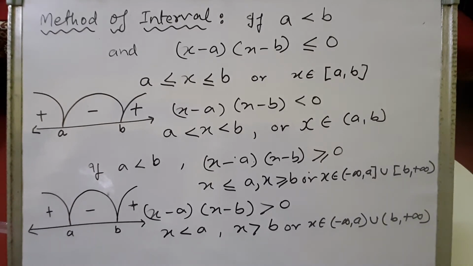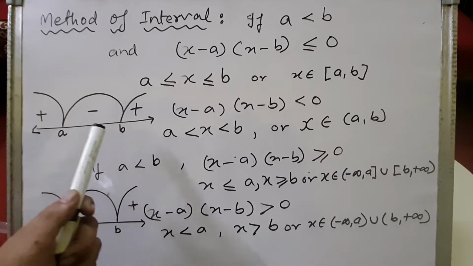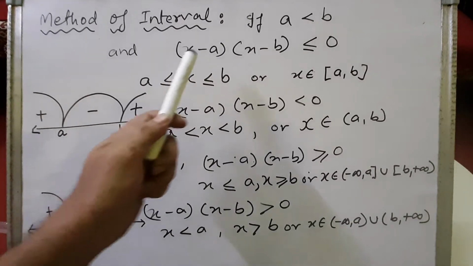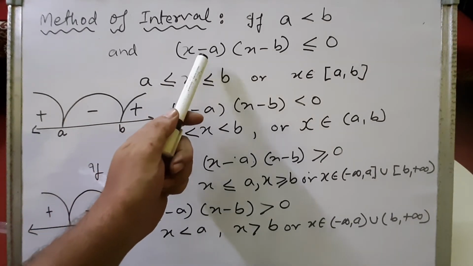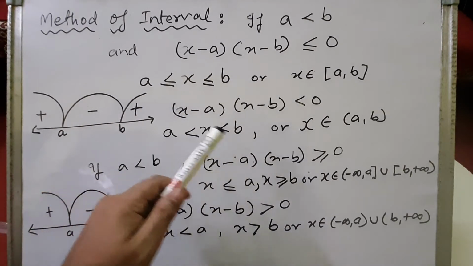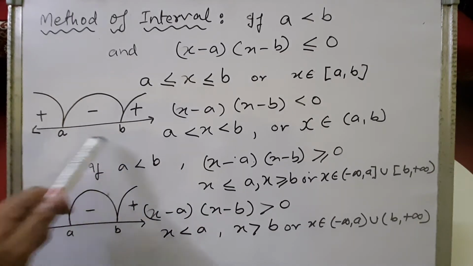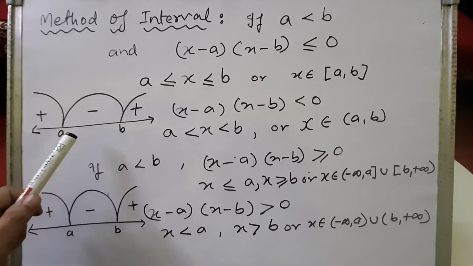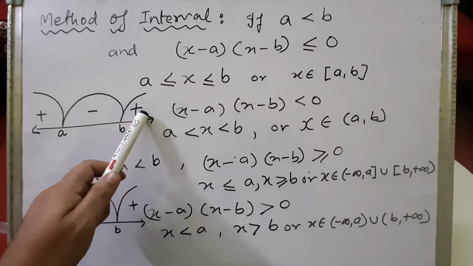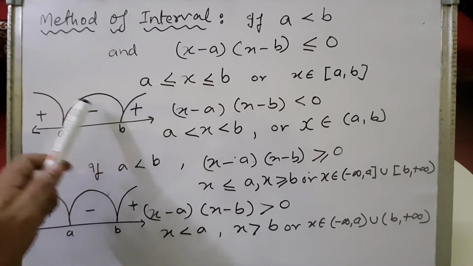If we represent this solution on a number line, we draw a real number line and we can write a number of values. Here we are getting only two factors, but we could get 3, 4, 5 factors. So we will be writing a, b, c, d and so on. But all the numbers should be written in ascending order, smallest to the biggest, right? And the plus sign will always come on the extreme right. Extreme right will always be positive. So plus, minus, plus, this way.